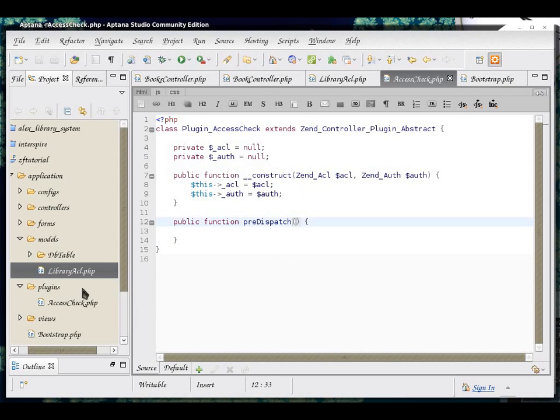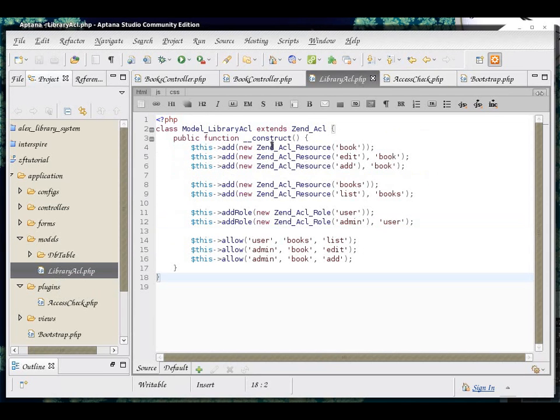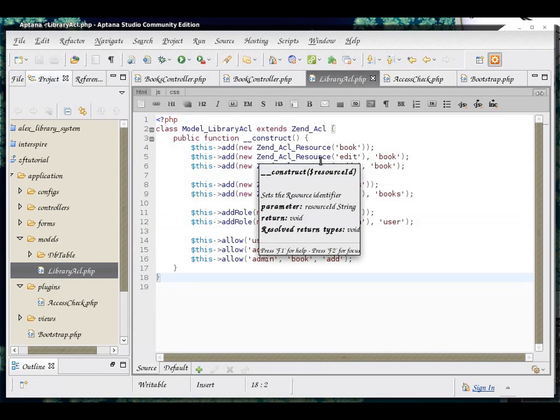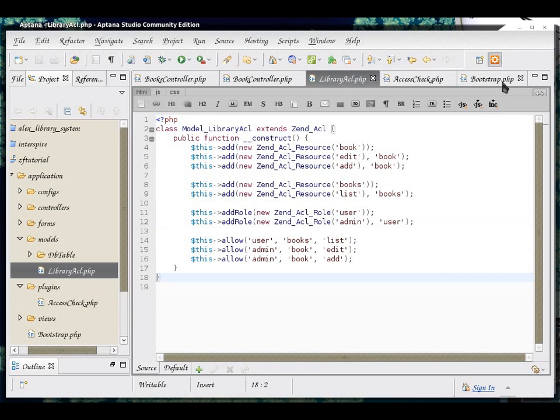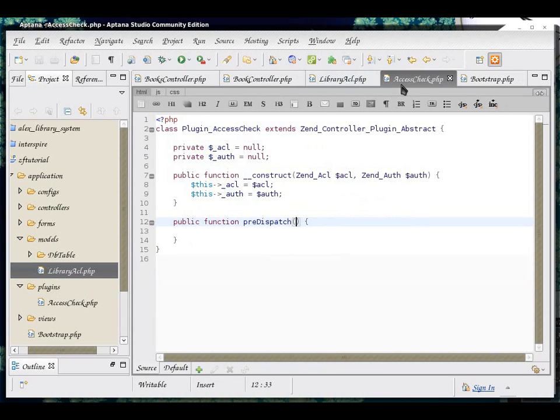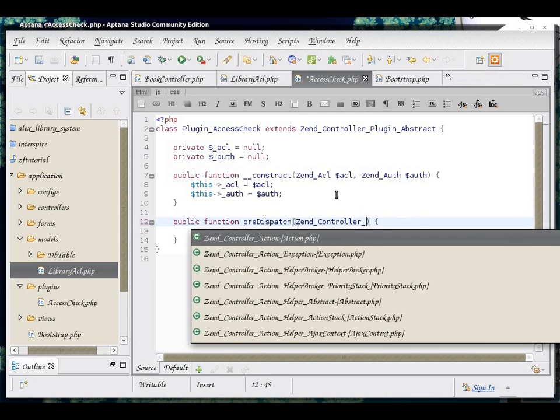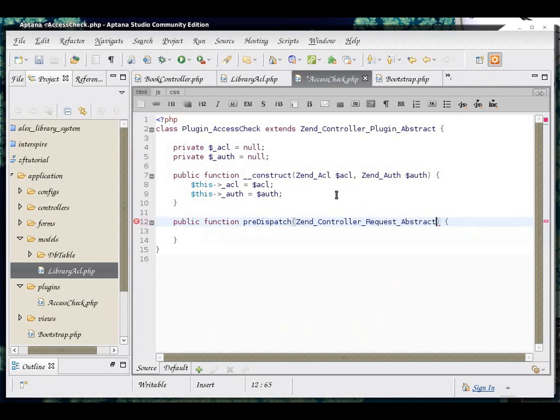Now, remember that our ACL is based on the resources which come from the controller. So how do we find out what controller is being called? For that we're going to get the request variable. The request variable is going to come as a parameter of Zend_Controller_Request_Abstract, and we're going to put the variable into a request.